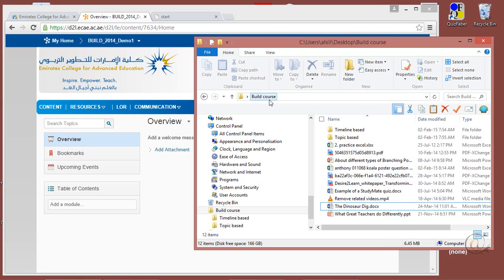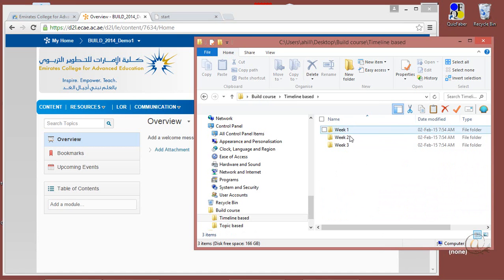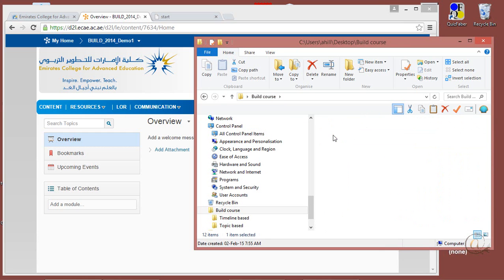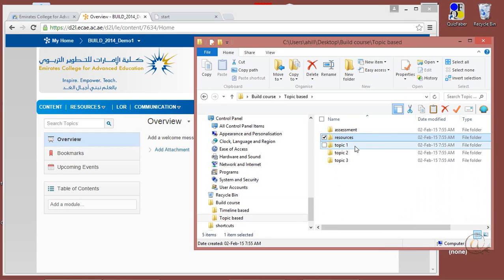Now, there are two different styles that you can work with. You could work with a timeline base where you have a series of weeks that you're going to progress through, or you might choose to work with a topic base where you have a series of topics and sub-themes within the topic that are not related specifically to a set week. In both cases, you'll probably want to have an assessment folder and a resources folder that is going to be